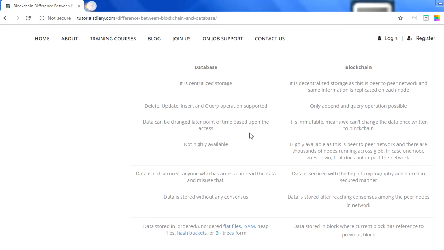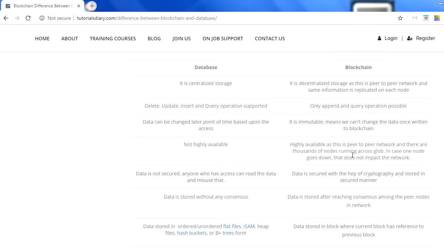Okay, so the next point is that a database is not highly available because it is a centralized location. In case your system goes down, your database will be down because it is a central location. But in the case of blockchain, since this is a peer-to-peer network, as I mentioned before, there are 30,000 nodes connected with each other, right? So in case one node goes down or 10 nodes go down, it will not have any impact.